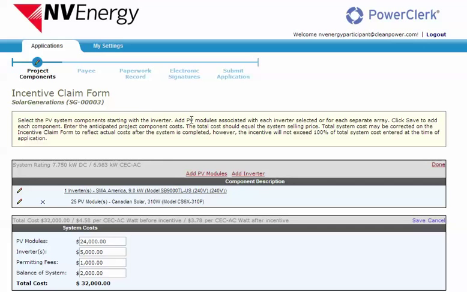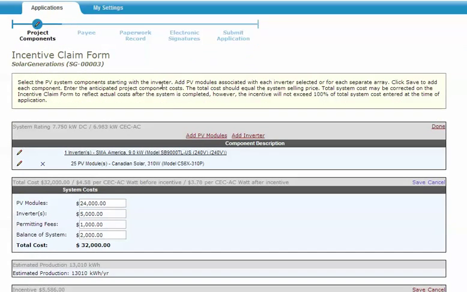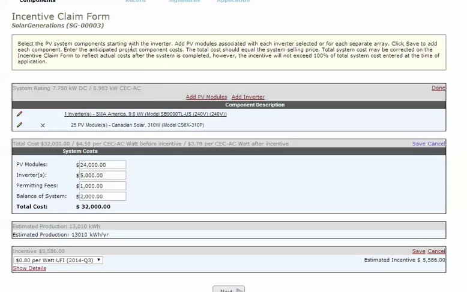That will bring me to my page, and similar to the application, the incentive claim is organized in a series of tabs. I can jump between the tabs and come back to any tab, and for today's tutorial we'll just take them in order. I notice there's a set of instructions at the top, and I'll read those to make sure I'm doing everything I need to, and it tells me I need to make sure I have all the